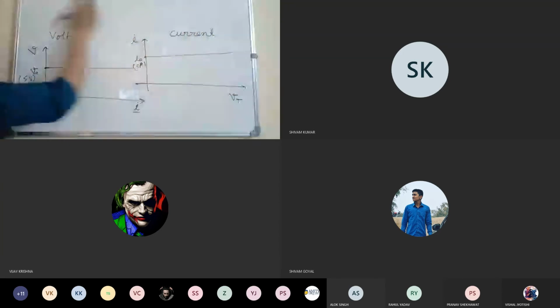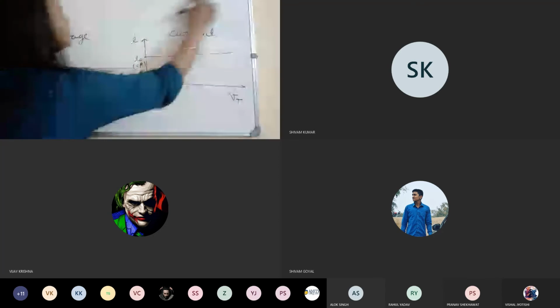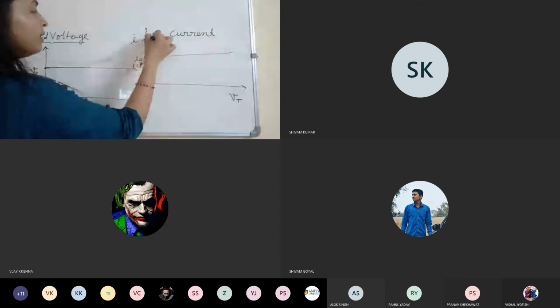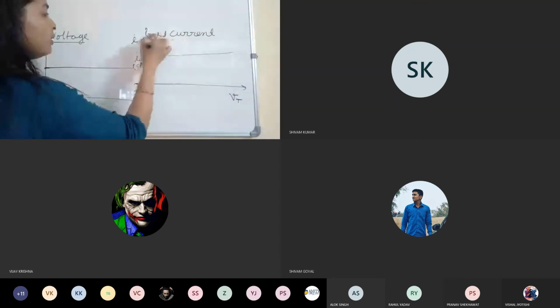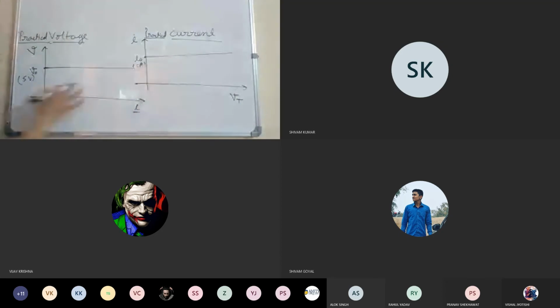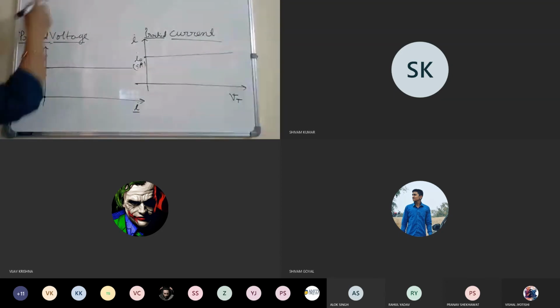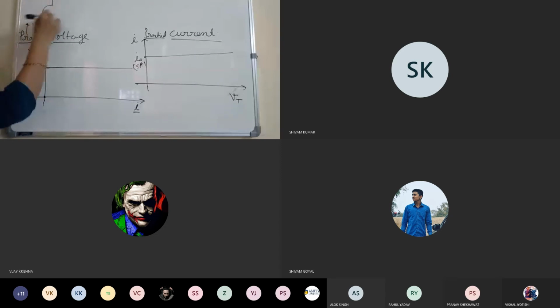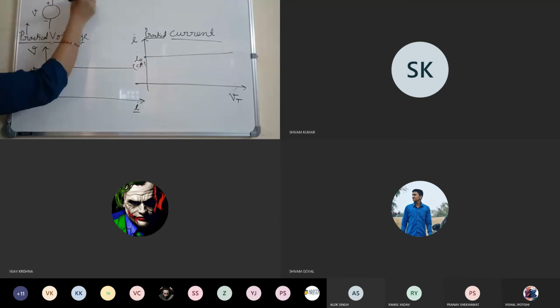I'm designing the same with the practical. Look here carefully. Now this is my practical. We'll design the practical and see how these ideal characteristics will be changed. But before that, first we need to check what the practical voltage sources are. If you remember, practical voltage sources are those sources which consider the internal resistance.